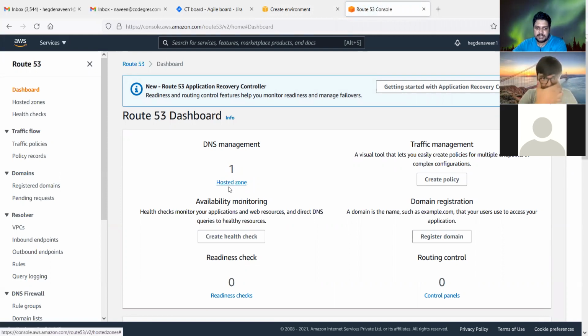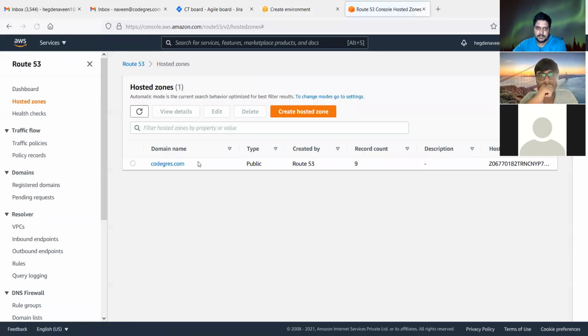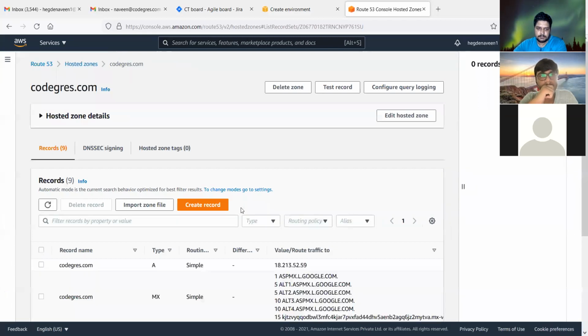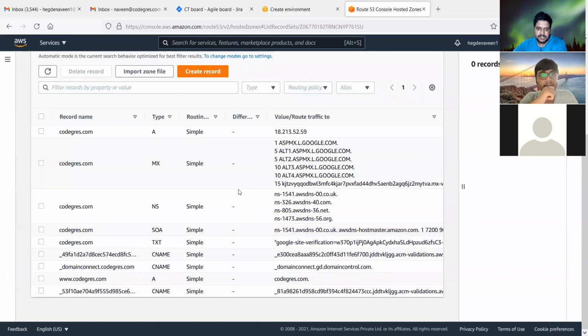So what happens is in the hosted zones, for example, I'll show you mine. Here this A record is the one which directs this route to the IP address. How do you do this? You will transfer the name servers over here or something? Yeah, I transferred the name server to Route 53.